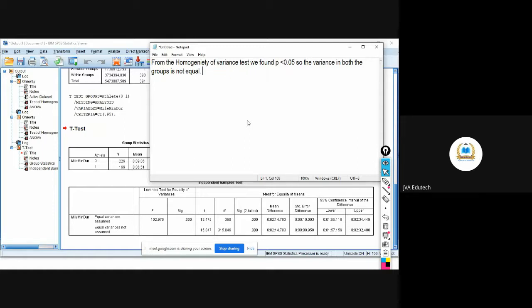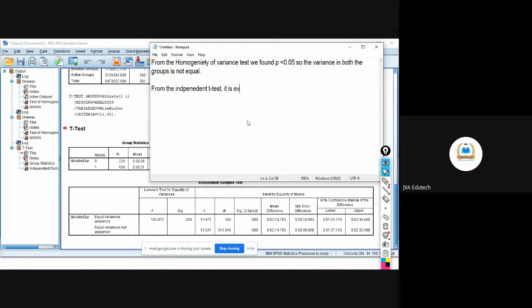If you have written this, it's very well understood. If you give this table, people will very well understand. Afterwards, you can write, so on the independent t-test,